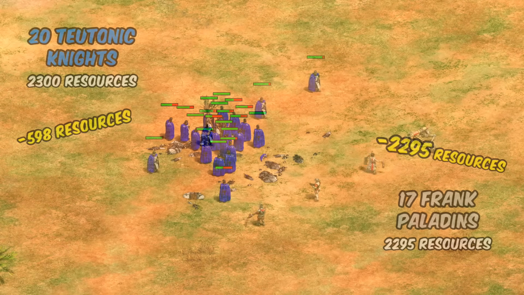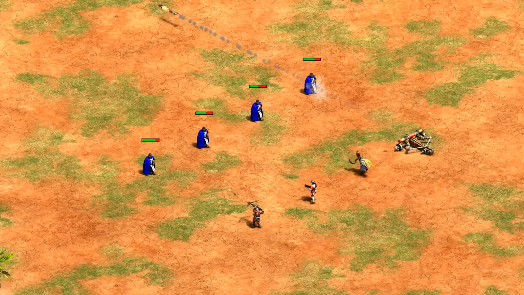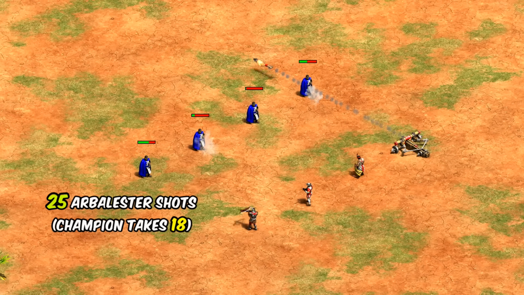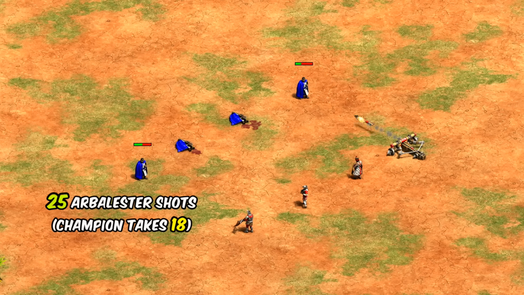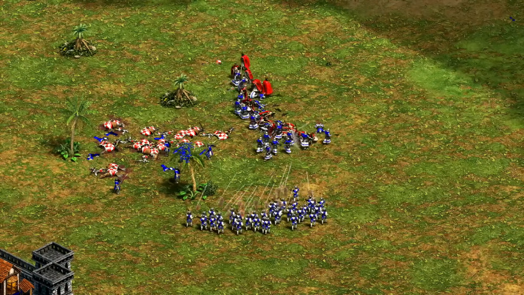Just like in Castle Age, the way to beat them clearly isn't in melee, but instead with range. They take 25 Arbalester shots compared to the champion taking 18, but whatever you gain in more HP doesn't offset the higher cost and slower movement, so pretty much anything ranged that isn't a skirmisher should do fine, especially with